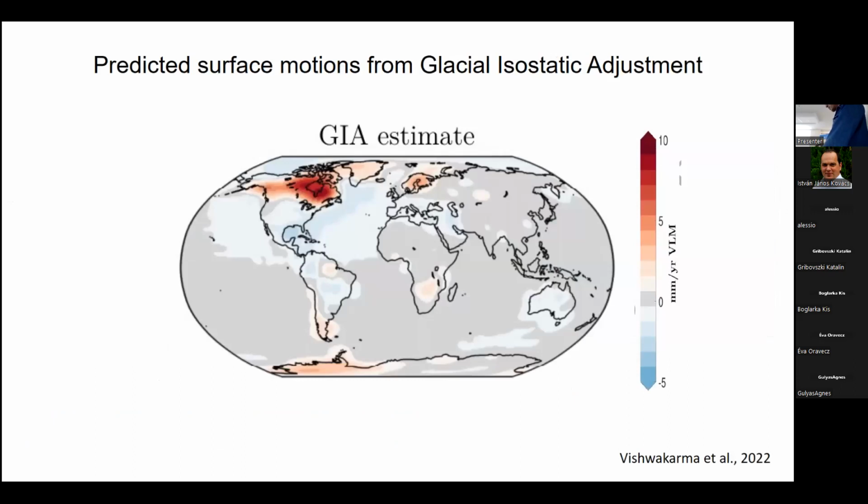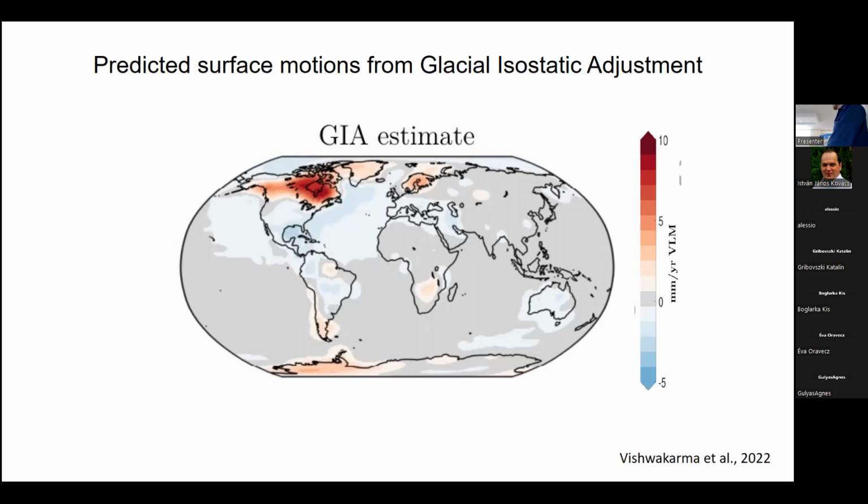According to some models and theories, it maybe could be explained. So this is a figure from a glacial isostatic adjustment, precisely the millimeter per year vertical motion prediction from a glacial isostatic adjustment model, which shows that due to the melting of the Fennoscandian ice sheet, the large uplift